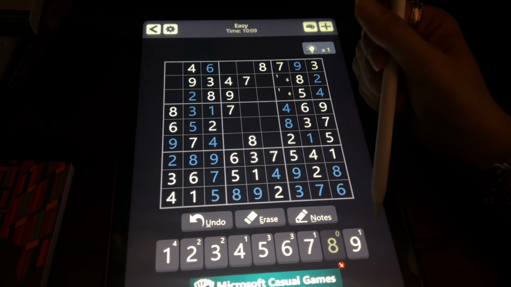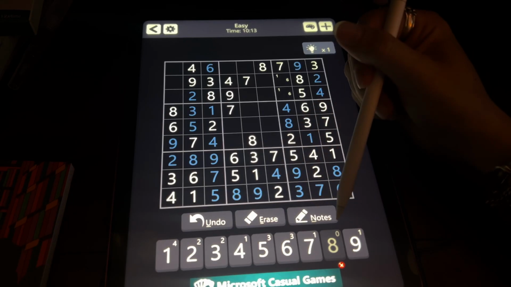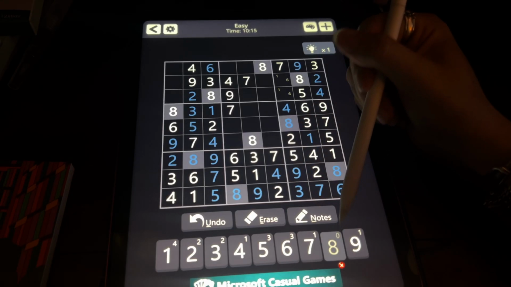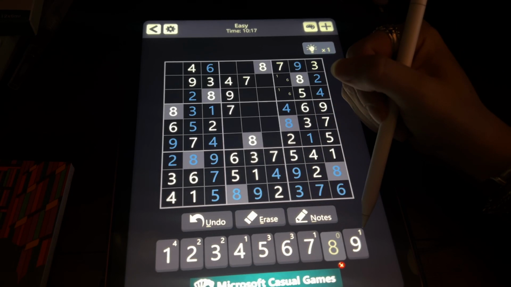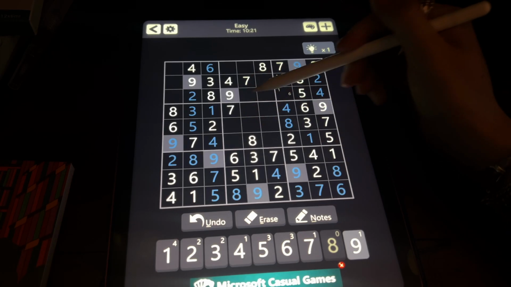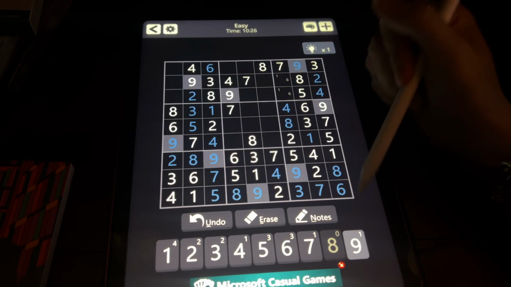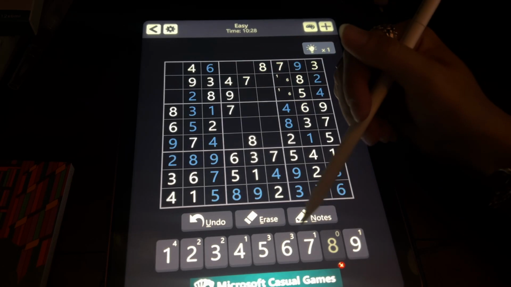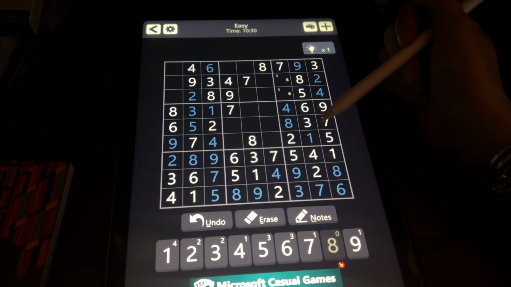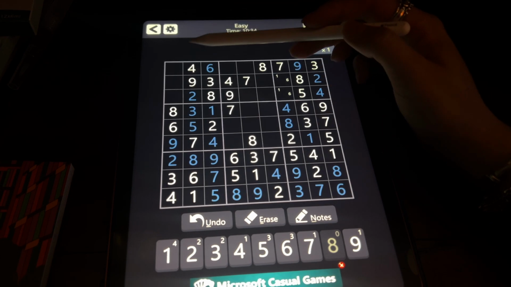I think the Microsoft one makes it easy because it shows you these numbers here, like we've used up all the 8s. And there's only one 9 left to place on the board, which has to be in this middle square here, because it's the only one that's missing a 9. So it sort of shows you how many numbers you have to place of each, which gives you a little bit of a clue. Certainly